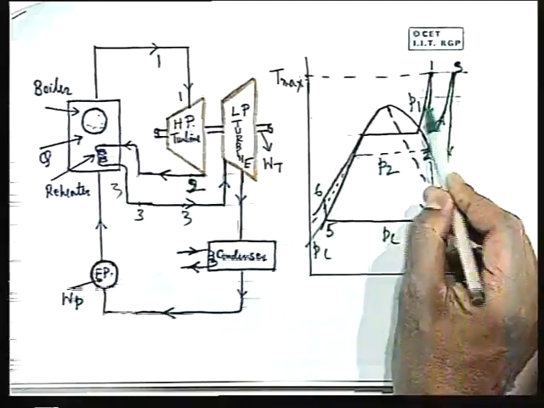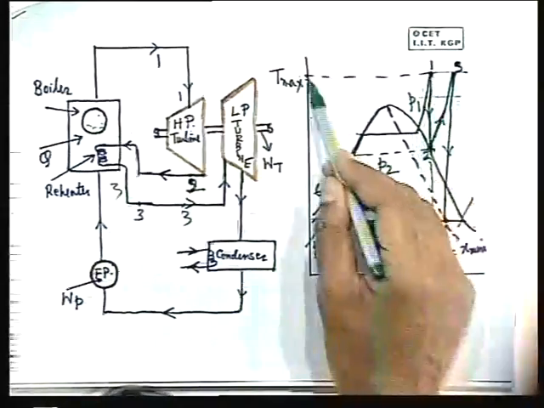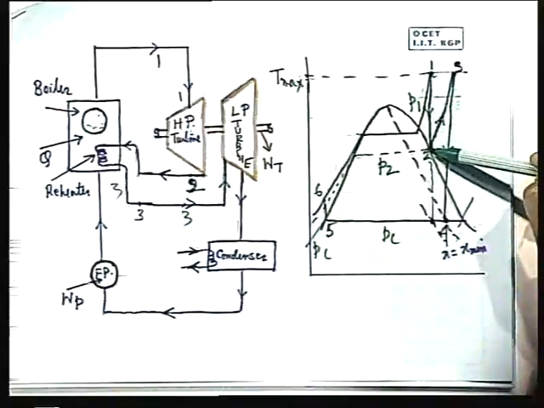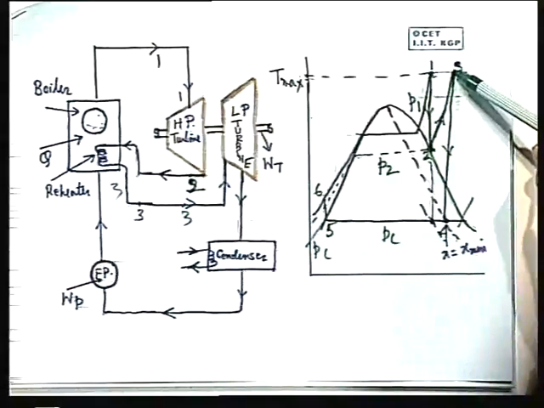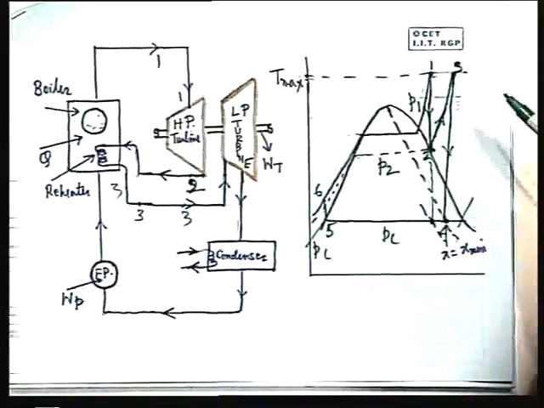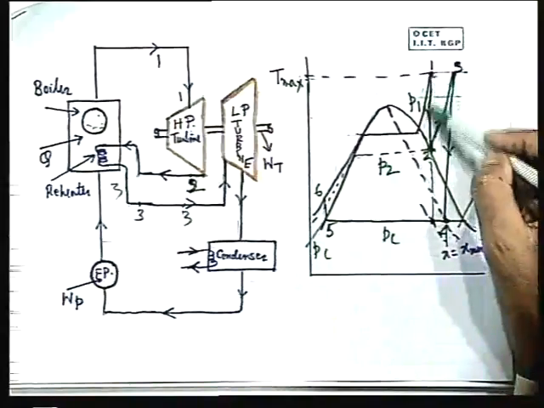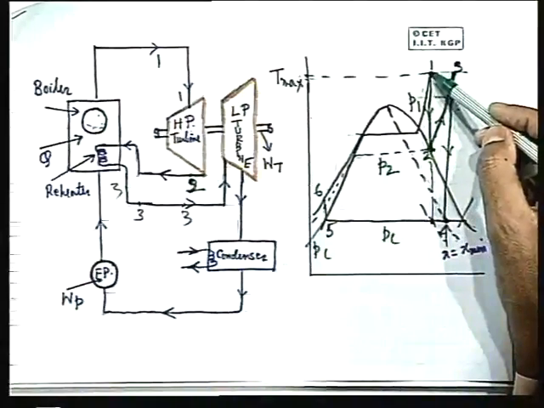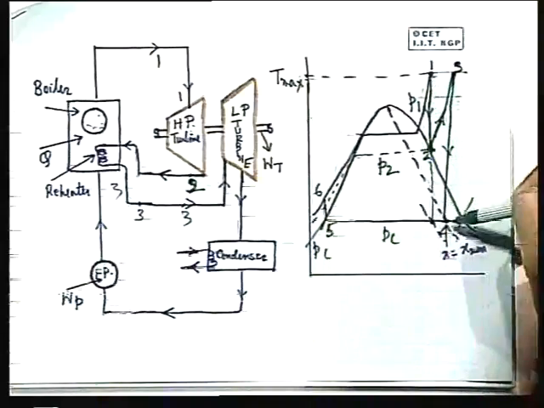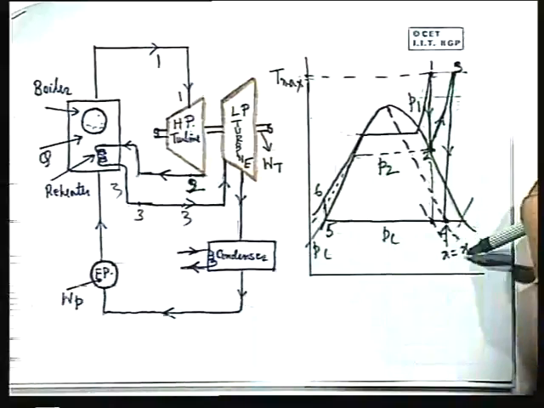Well, but you can use this pressure and also the maximum temperature, provided you reheat it, that means drop it to an intermediate pressure and then again reheat to the initial temperature and then drop it to the condenser pressure. So this is the philosophy of reheating, that we can use a higher pressure in the boiler or turbine inlet and go for an expansion ending at a dryness fraction which is limited by the turbine